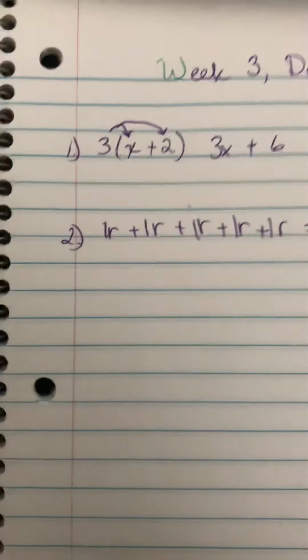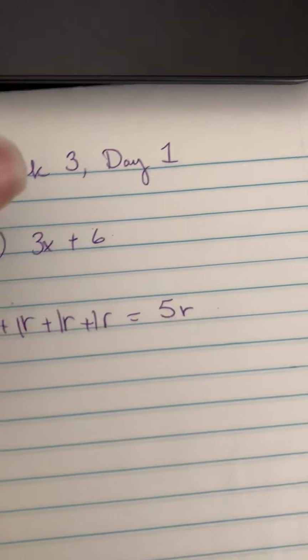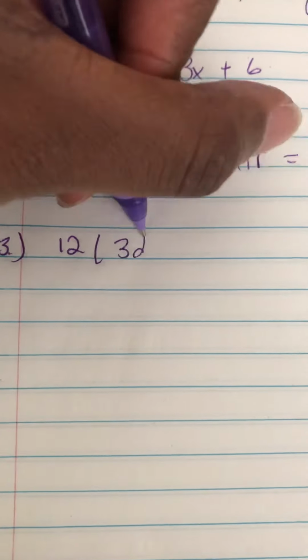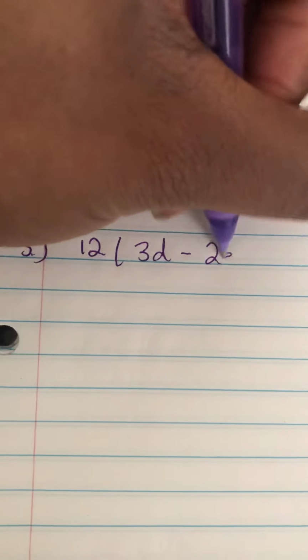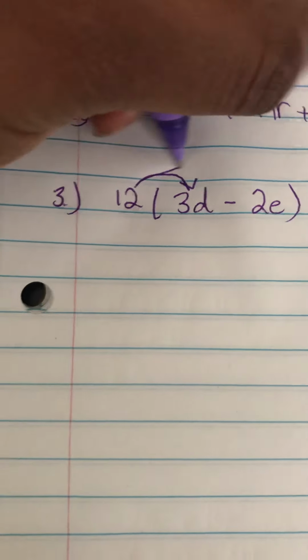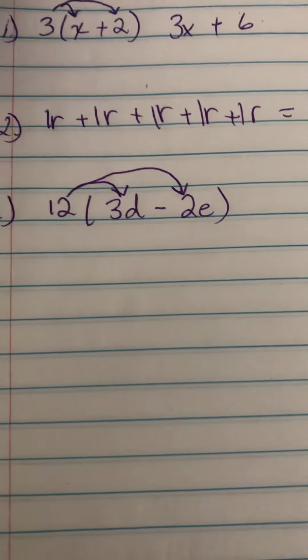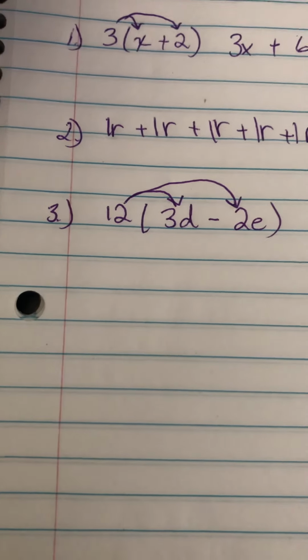All right, so let's scroll down and look at number 3. So it says, which expression can also be written as 12(3d - 2e)? So let's go ahead and write that, 12 times (3d - 2e). So remember, anything on the outside, do the distributive property, because it's like we're saying we have 12 sets of (3d - 2e). 12 sets of 3 is going to be